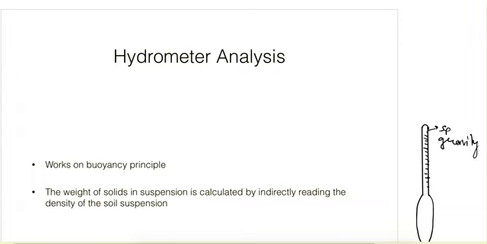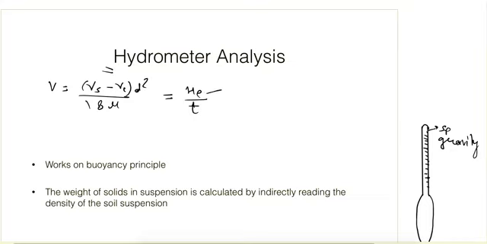So the next part of sedimentation analysis is the hydrometer method. This also follows the Stokes law. It means that the settling velocity we are again going to calculate using the Stokes law, which gives the velocity as (gamma_s minus gamma_L) d square by 18 mu, which is equal to He by t.